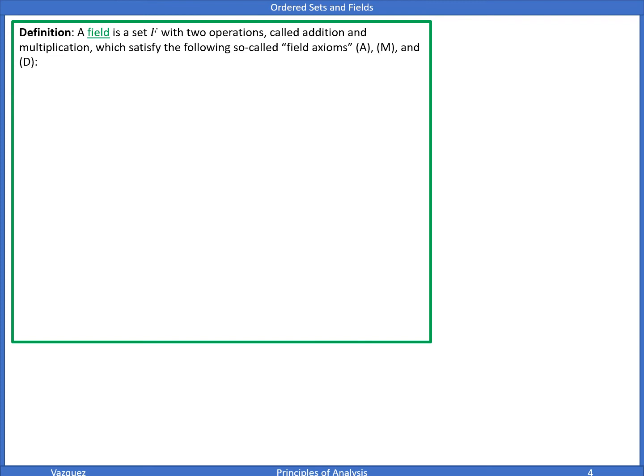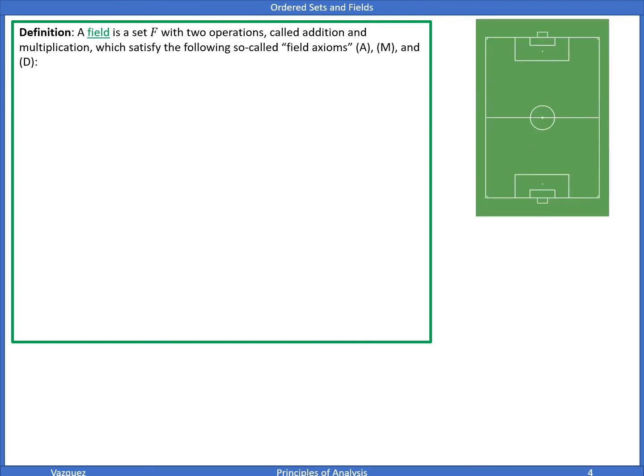And I don't know what you're thinking. A field should be something like this, right? Is that what we're defining? No, that's not what we're defining here in this case. So a field is, first of all, going to satisfy the field axioms of addition, or A, axioms of addition. First one is if x is in F and y is in F, then their sum is also in F, so it's closed